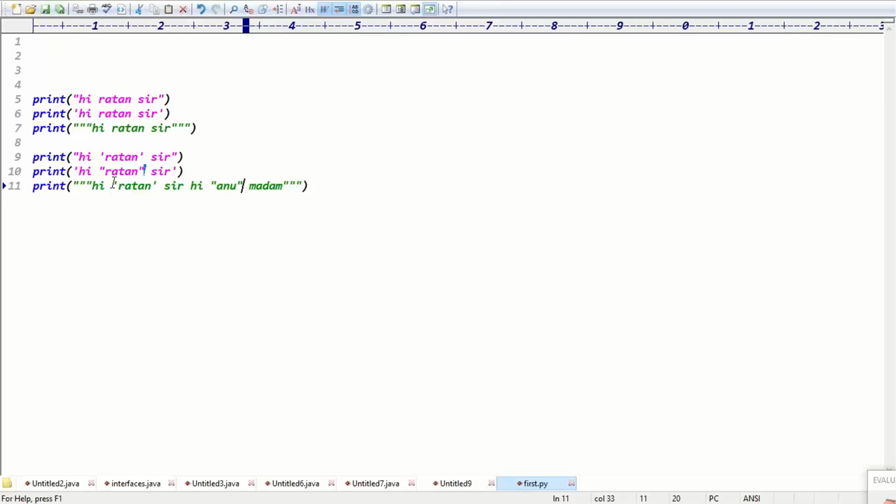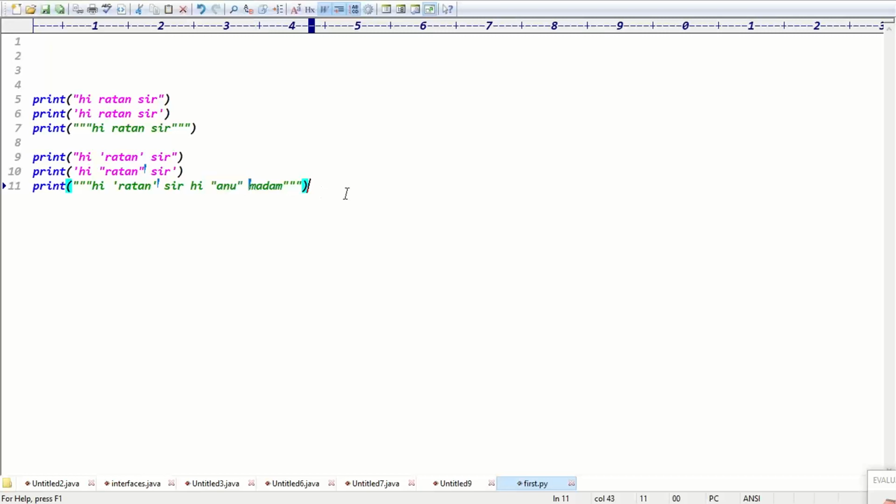Guys, are you clear now? Python is always giving flexibility to use the data, right? Exactly. Guys, you can take the string data in double quotes, or in single quotes, or we can put the string data in triple quotes also, right? If the data is in double quotes, in the middle you can write single quotes. If the data is in single quotes, you can put double quotes. If you put the data in triple quotes, we can put double quotes as well as single quotes, right?